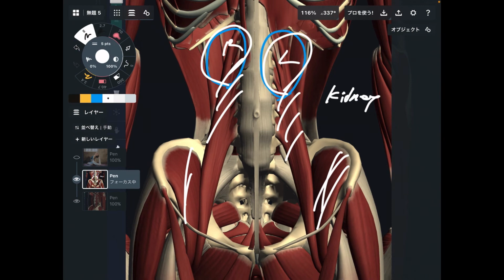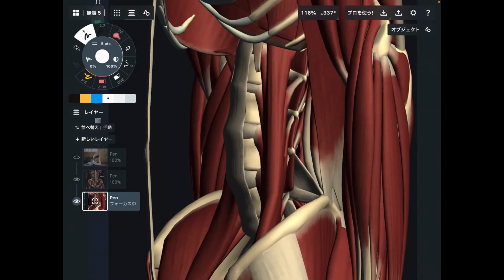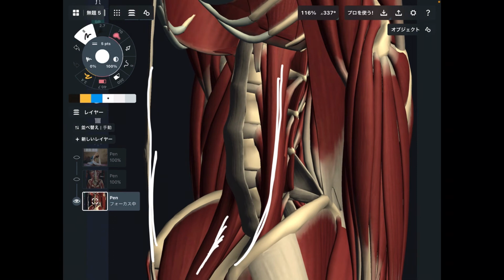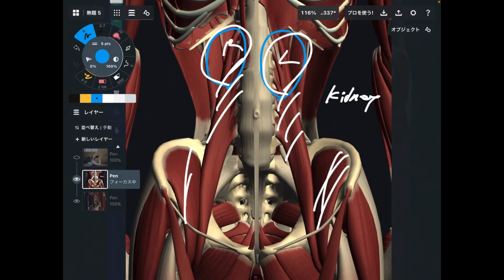This is front view. So let's go to profile view and you can observe a good relationship of depth. Imagine this is part of rectus abdominis, very superficial. This is psoas, left side psoas. And this is part of right side psoas. Imagine, kidney is like here. It's very deep structure. And imagine, descending colon runs like this. You see that relationship? Descending colon is here, ascending colon is here, kidney is right here.